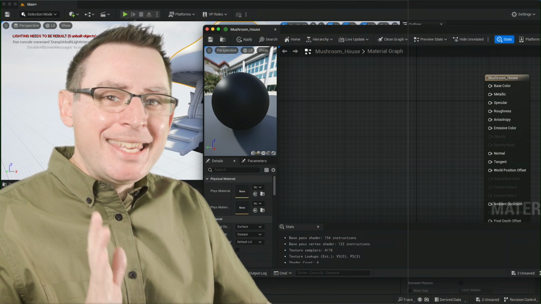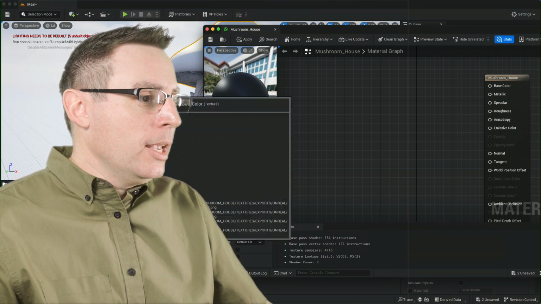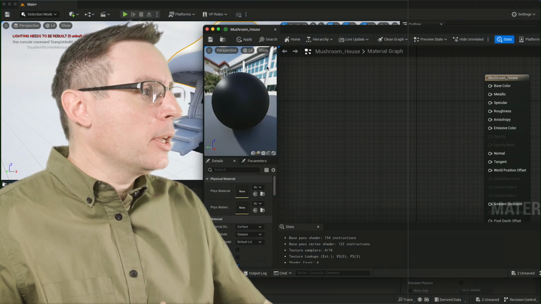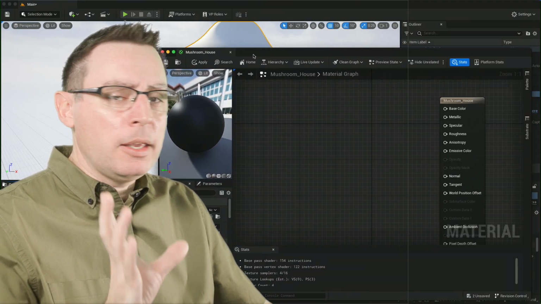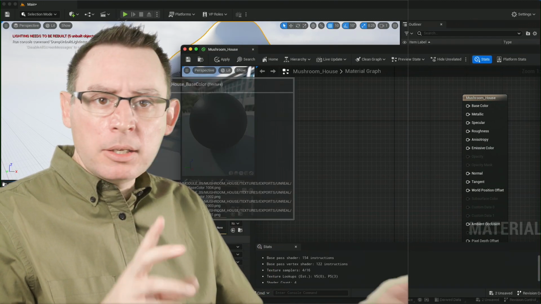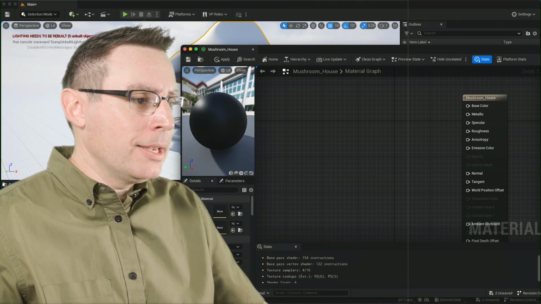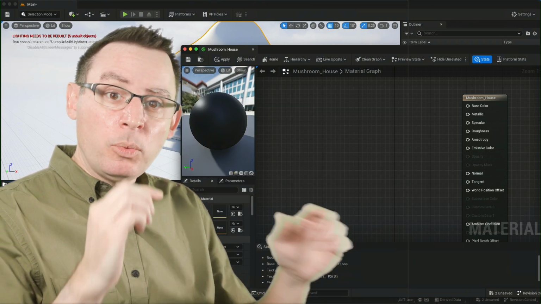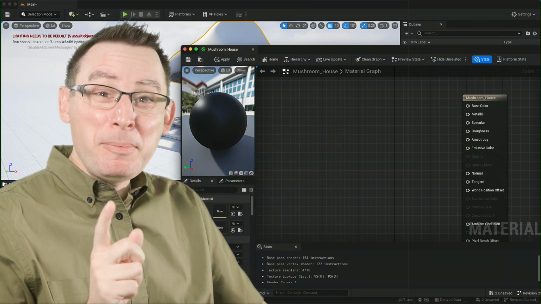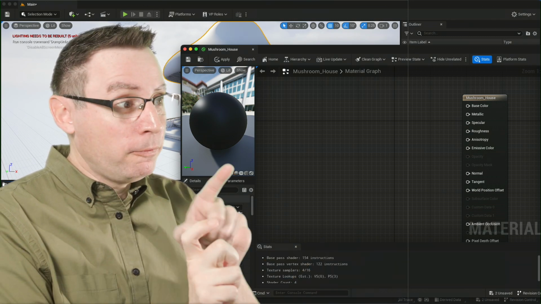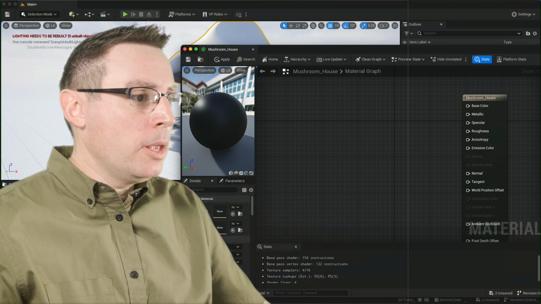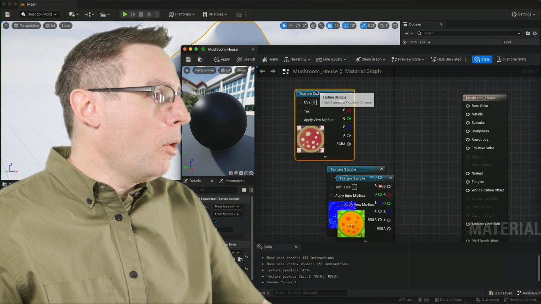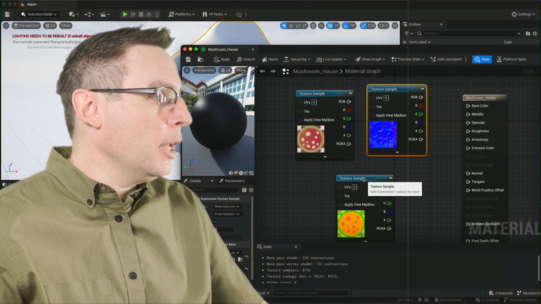Now the fastest and the easiest way to do this is to go find the images inside of your content browser. I apologize, I know that I'm kind of blocking the images themselves, but I'm in my content browser in the bottom part of my interface, and I'm going to select the first one, hold down the shift key and grab the last one to select all 3, and then simply left click and drag the images from the content browser into my shader graph. There we go. And now all 3 of them are in here, which is pretty neat.